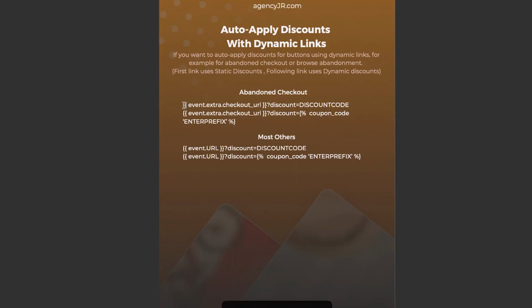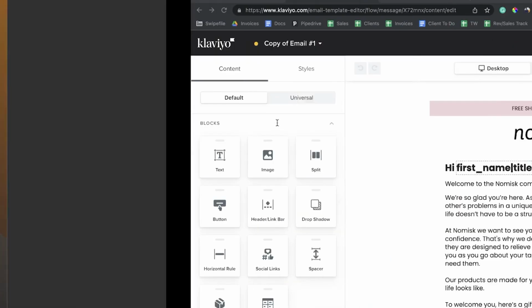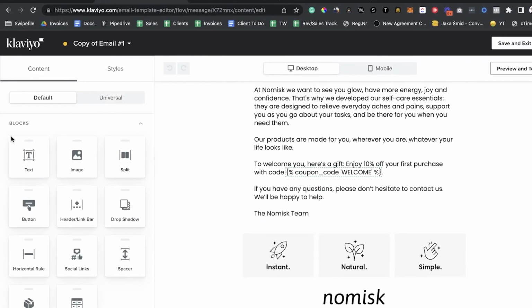So you should use the event extra checkout URL and then copy this in and swap the prefix with your coupon code's name, as simple as that. So then every URL will automatically have the discount at the end. The same thing we could do here if, for example, I take this and I go here and I add